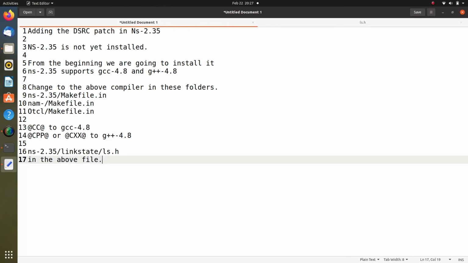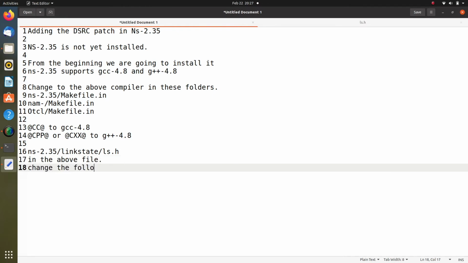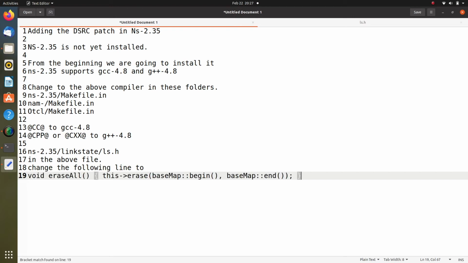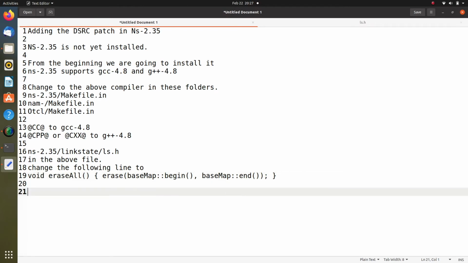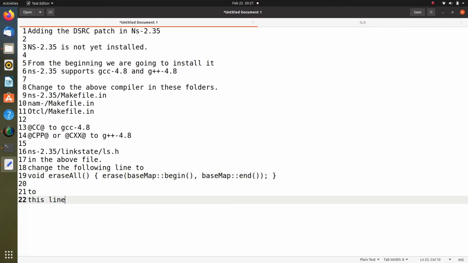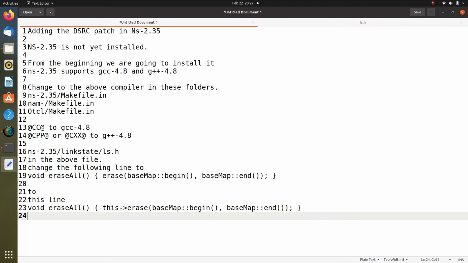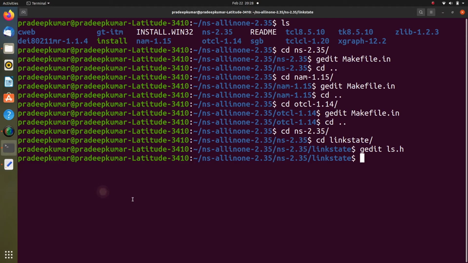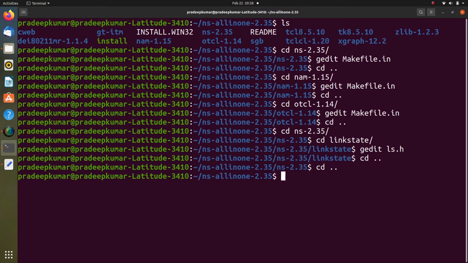In the above file change the following line to this line. Okay, so the only thing is that this dot erase has to come instead of the erase function. So once it is done, the changes are made. Okay, so then all the changes are made.